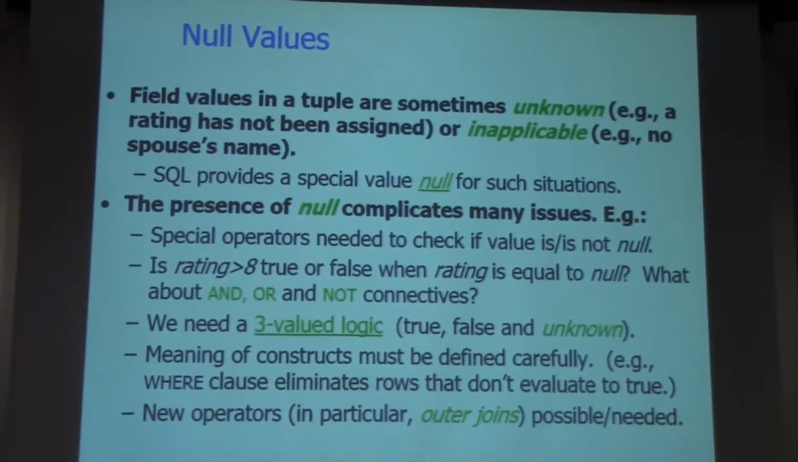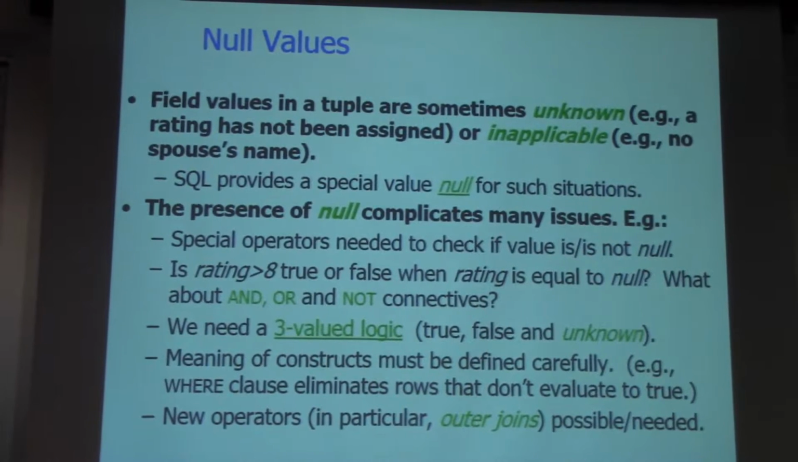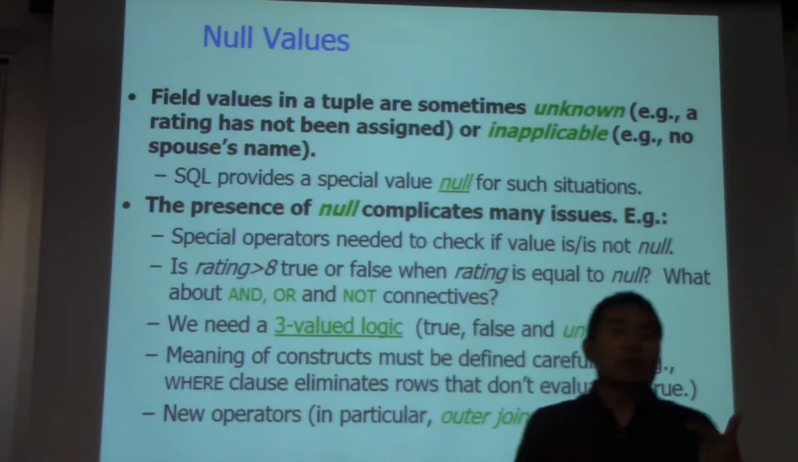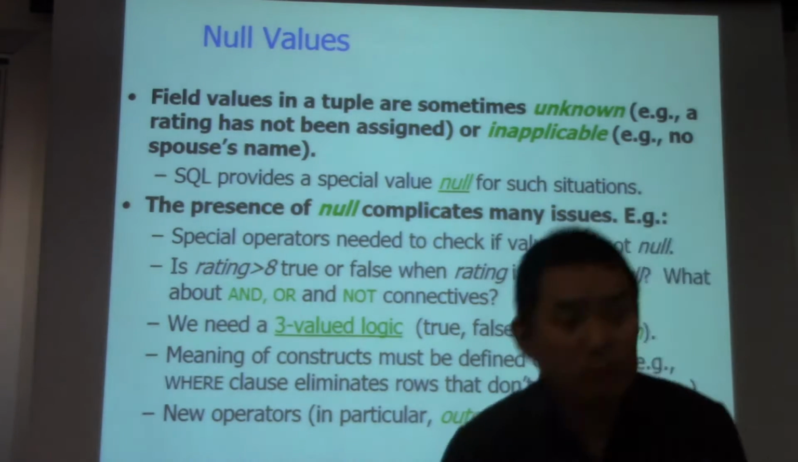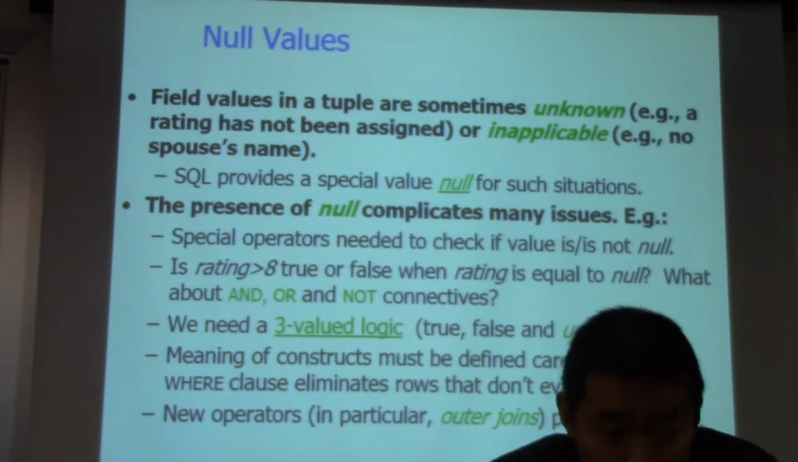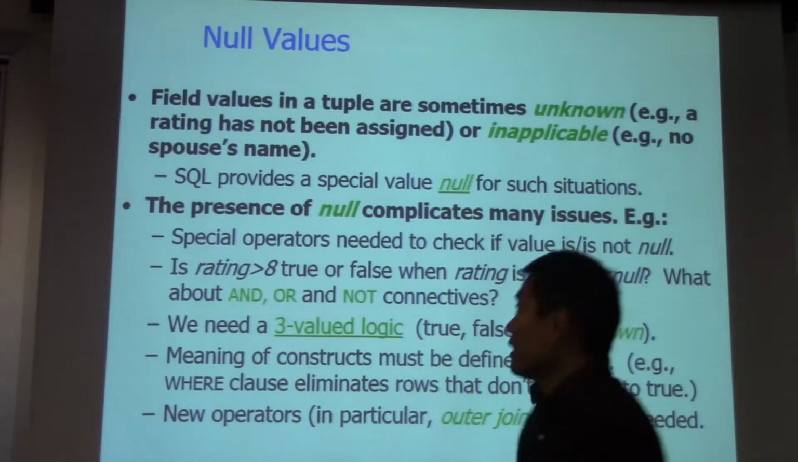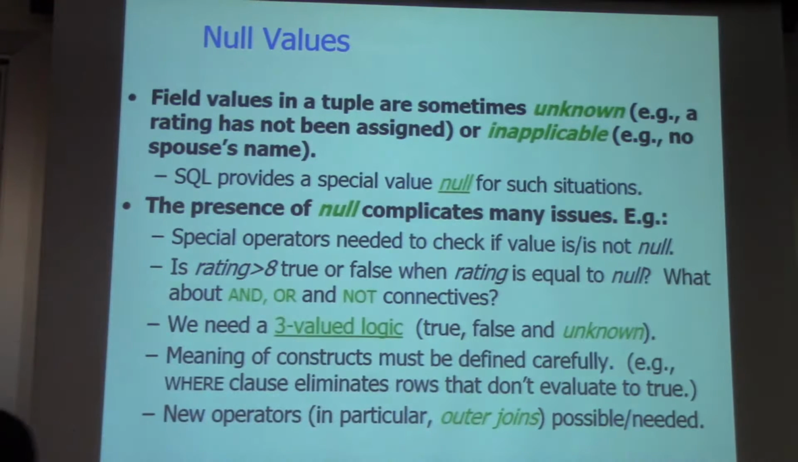Questions? Null value. So three-value logic is true, false, and unknown. What that means is if you have a condition that involves a null value, then in some cases the evaluation could be undefined. What do you mean by that? For example, when you say select from student